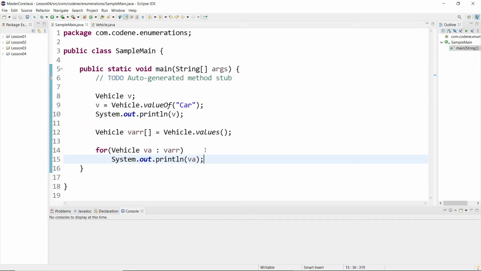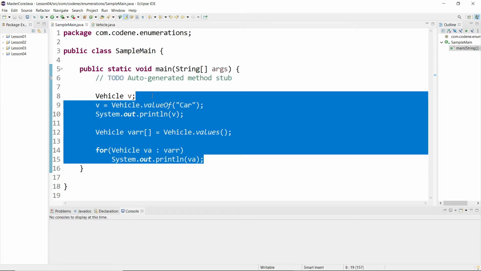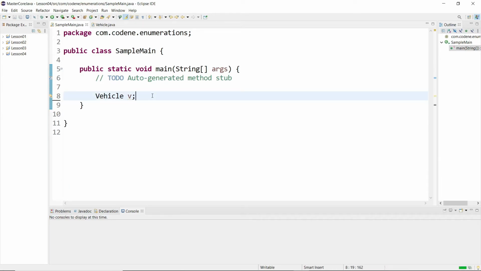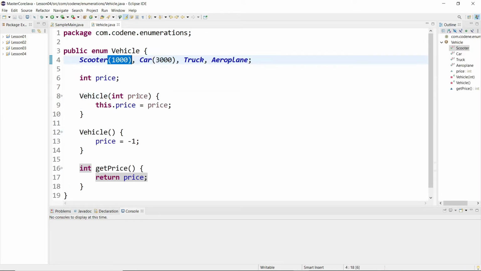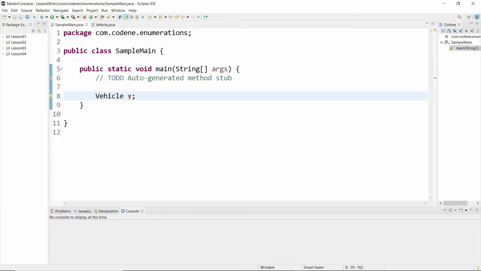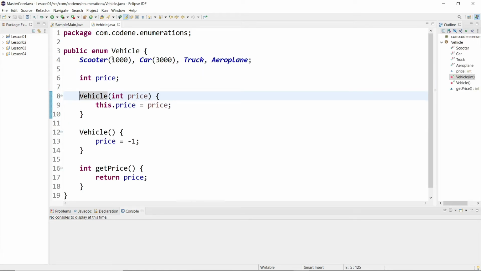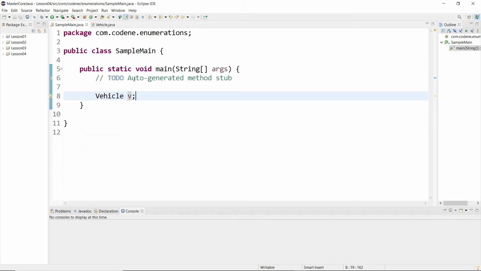And as I said at the very beginning, when you declare one variable, at that time only this enumeration will come to exist. That means this constructor will be called when you declare a variable. When I declare vehicle V, immediately the constructors are called, and the values that we already hard coded here will be passed. So that is how it works.